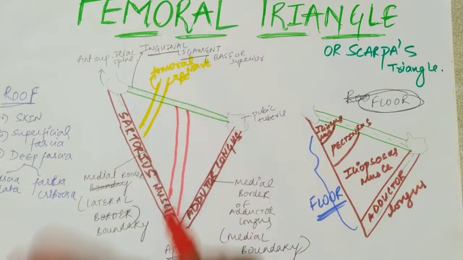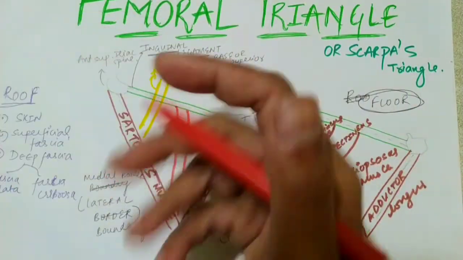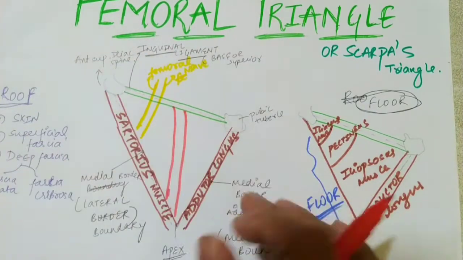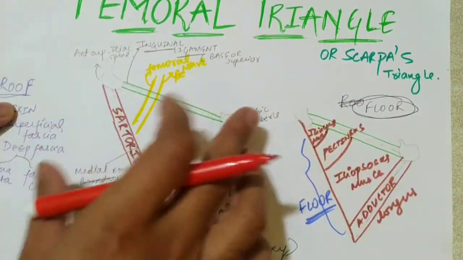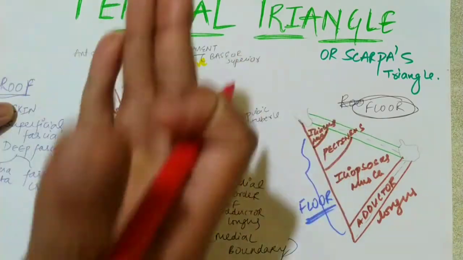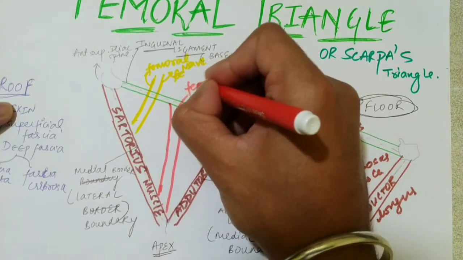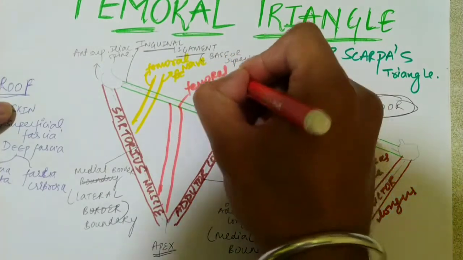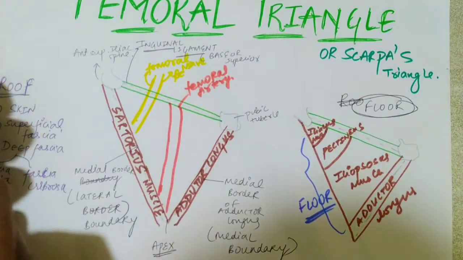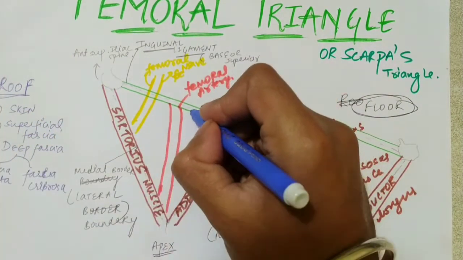As you know, this femoral artery is the continuation of the external iliac artery above, so you know that from the arterial anatomy. Just remember here that this artery passes just under the midpoint of the inguinal ligament. So this is your femoral artery. Okay, and just medial to that will be your femoral vein.